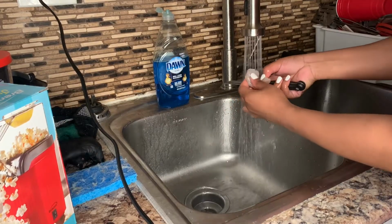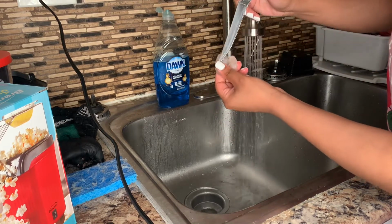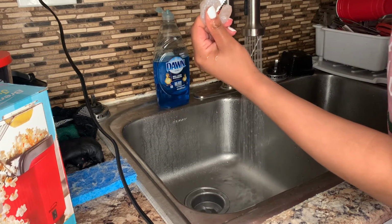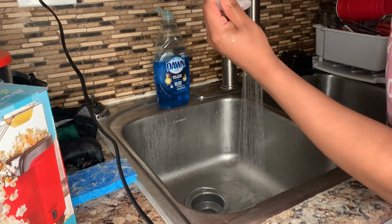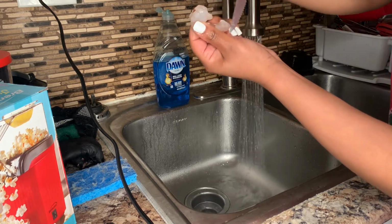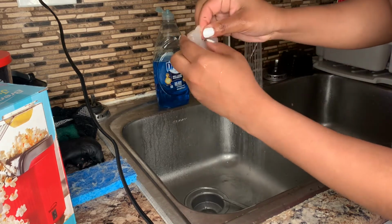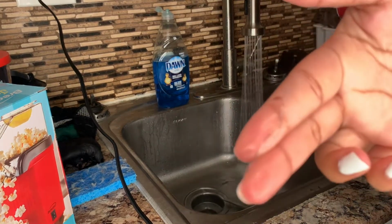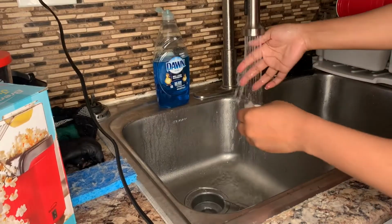So the first thing I did was start to devein my shrimp, and yes, they are deveined on the top part, but the under part is not. So I just take a knife and just kind of poke it a little bit to take out this little vein. I don't know why y'all just cannot eat the shrimp if it has any kind of veins in it, even though I be butchering the shrimp to do this. But yeah, go ahead and take out that little yucky vein,